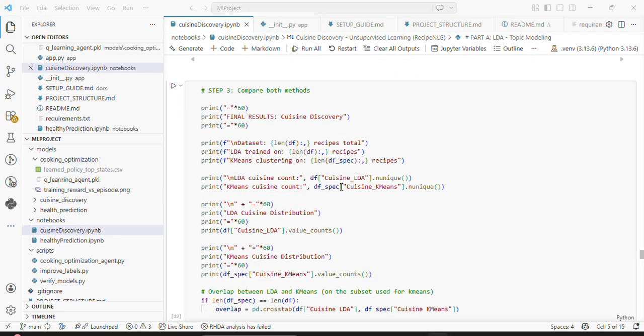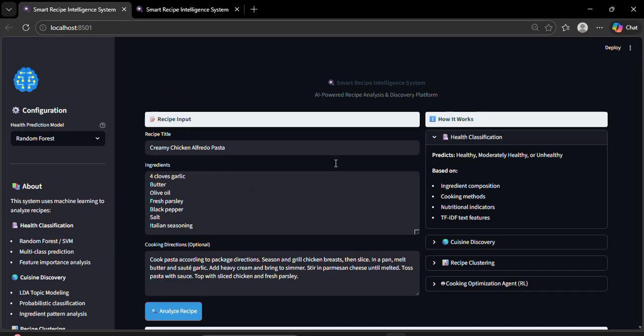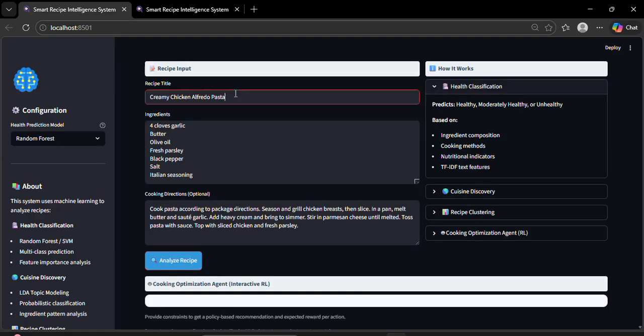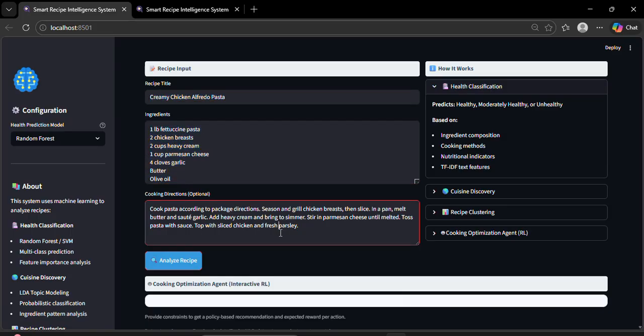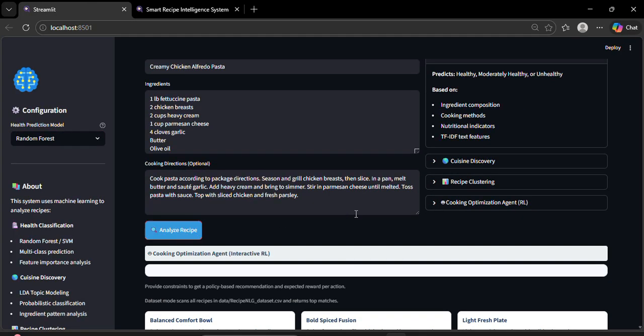Now let's walk through the demo. So this is the application, Smart Intelligence System. The first one is the supervised and unsupervised learning. In this part I have to give it the recipe title, the ingredients and the cooking directions, which is completely optional. If we give the cooking directions, the prediction would be more accurate as compared to not giving. And here we choose whether the model is random forest or SVM. After giving analyze recipe,